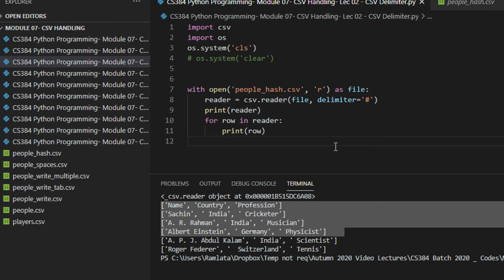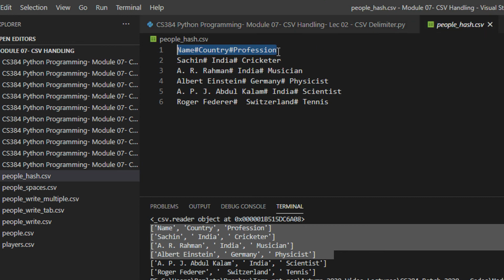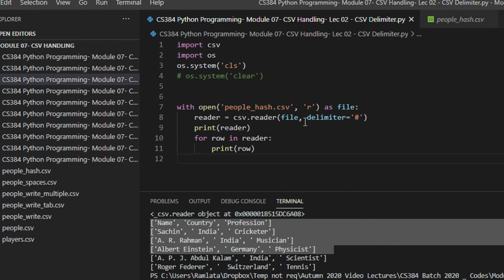So whenever you have a CSV file, you may think why the name is given as CSV, because it can have hash also. It is CSV because comma is very frequently used to separate the entities, but you can have whatever identifier you wish. You can have hash as you saw in this example, but just remember to keep the same delimiter across your files when you are working with the files. So this is how the delimiter clause works, and that's it for this tutorial.